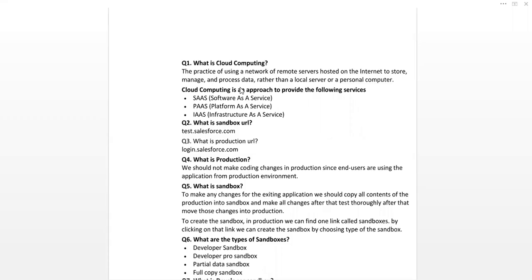गुड मॉर्निंग एवरीवन। सो टुडे आज हम सेल्सफोर्स एडमिन और डेवलपर के कुछ क्वेश्चन देखते हैं जो 100+ क्वेश्चंस हैं। तो ये फायदेमंद होगा इंटरव्यू के लिए। तो स्टार्ट करते हैं।